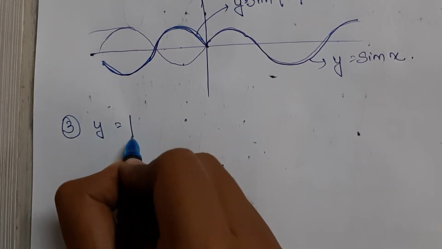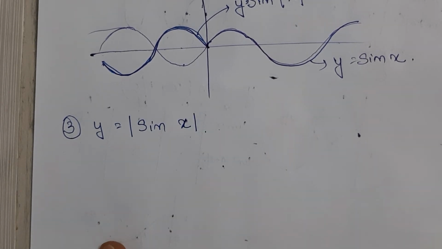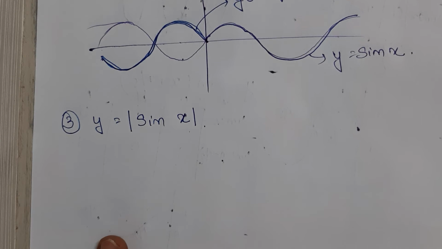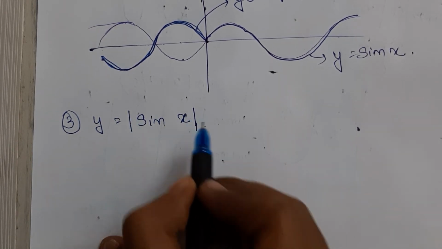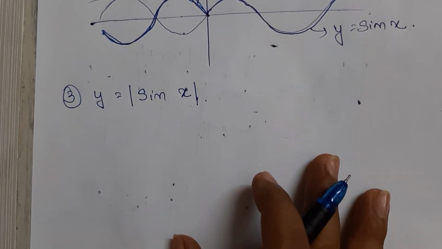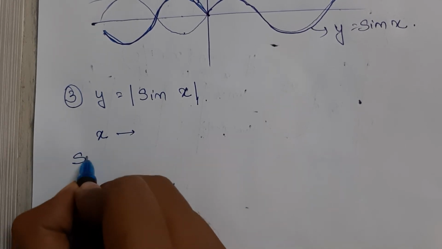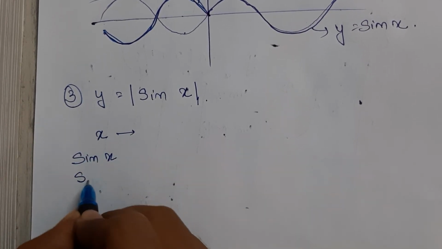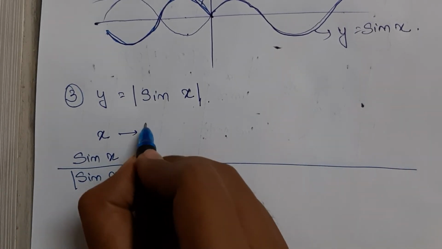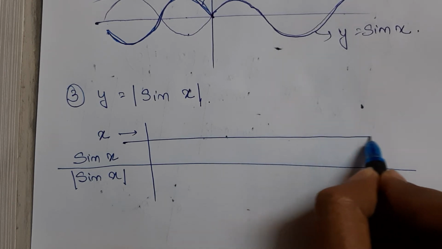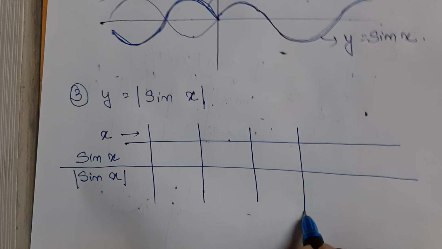Now let us see what will be the change if we give the graph like this. Here, as you can see, the mod is not with x, right? Here the mod is on the full function. So again we will see what will be the change using the table first, because in class 10th we learned how to draw from a table. So this is the basic. I think everybody should start from their basics, right?